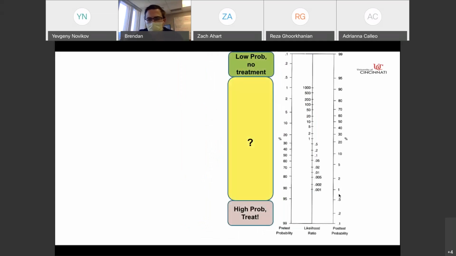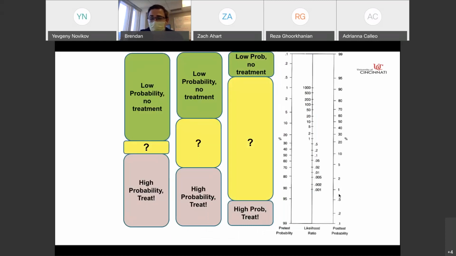You'll also find that over the course of your career, your threshold for doing things changes, and different clinicians may have different thresholds. And if the idea of that makes you uncomfortable, I'd like to remind you that it's always been this way, and that these differing thresholds are why we have such rigorous training and why we spend a lot of time talking with other physicians. Because here in our patient who was likely to have the flu, this first column on the right, you may have an intern that says, I really think we need to get a flu swab, whereas an attending on the far left may say, the flu swab's not necessary,